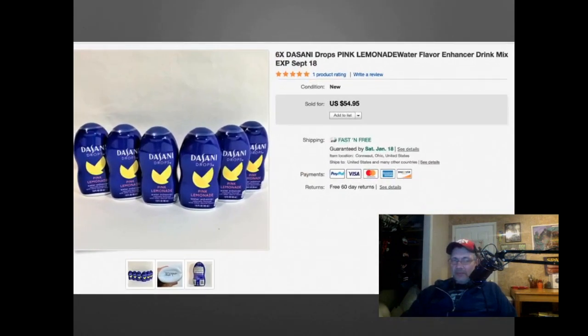Dasani. This stuff expired a while ago. My wife picked this up somewhere. I can't recall. This might have been also from our discount grocery store that we go to, where we got all the health and beauty stuff. I believe that's where we got it. Probably, I'm sure she didn't pay more than $1 a piece for these. And we got